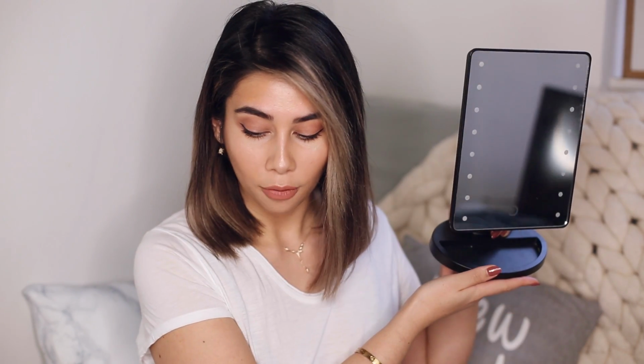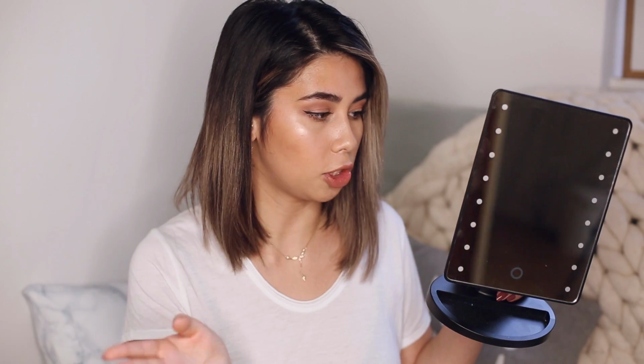Also, this is a bit of a random favorite, but it really, really is one of my favorites. So much so that I dragged it all the way from Ireland in my suitcase, hoping it would not break, back to New York. And it's this vanity mirror from Primark, and I adore it. It was super, super cheap. And my mom actually bought it in pennies as a stocking filler for the following Christmas, because she's one of those people that hoards presents for people. And I was like, Mom, I kind of want that. So she let me have it,